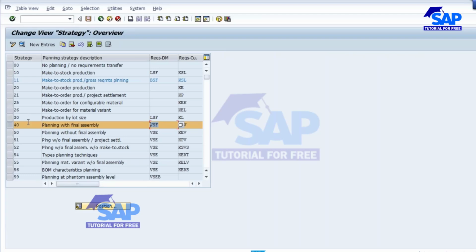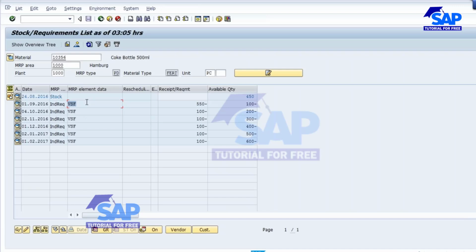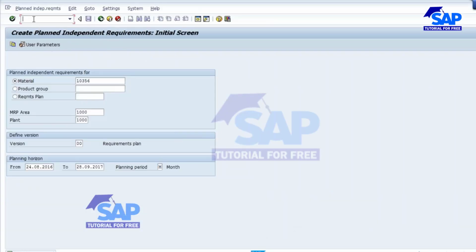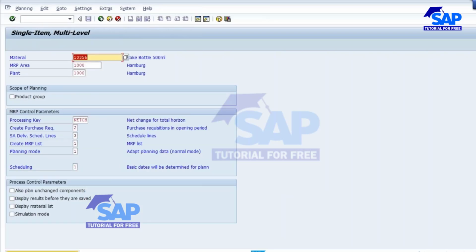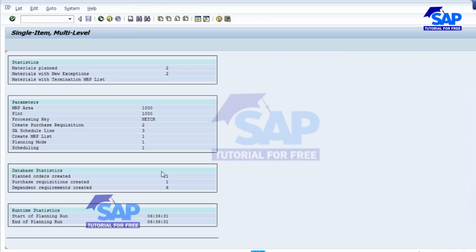These requirement types control consumption and all those activities. Now we entered the requirement, so we'll start the production. We'll do the MRP, MD02. Enter. So your planned order